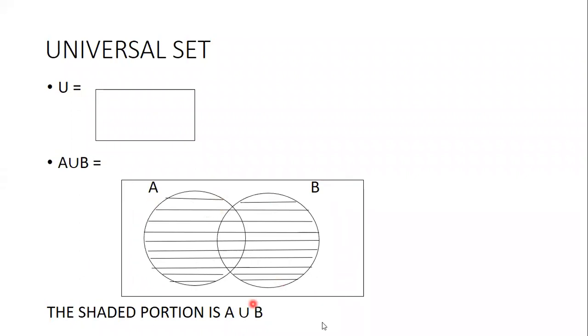Coming to A union B, first draw the universal set. Inside that you will have set A and set B. When you are calculating A union B, it is all the elements in A and all the elements in B that we consider, correct? So that is why we shade set A completely and set B. Usually when sets are related to each other, they overlap. Set A is the circle and set B is overlapping. They come together in one place. Okay, so this is A union B.